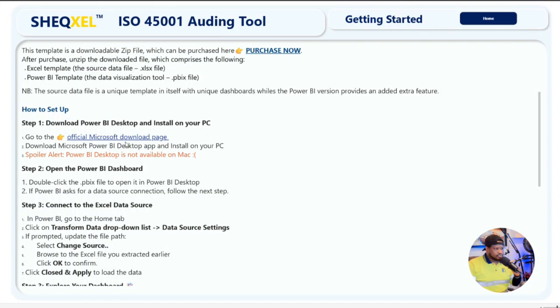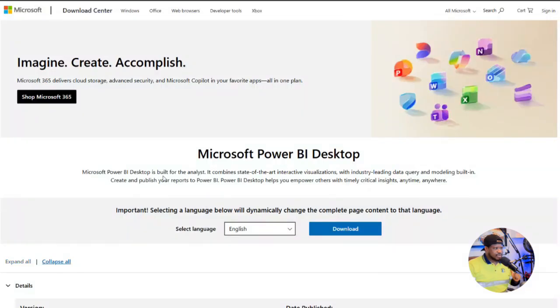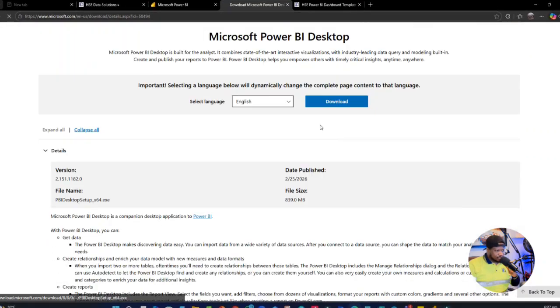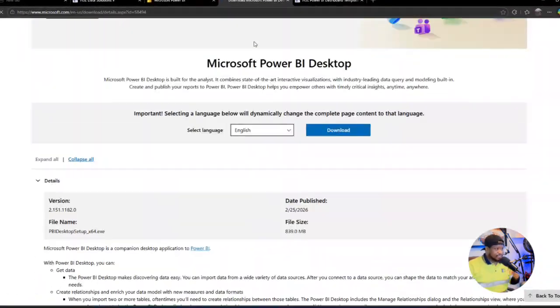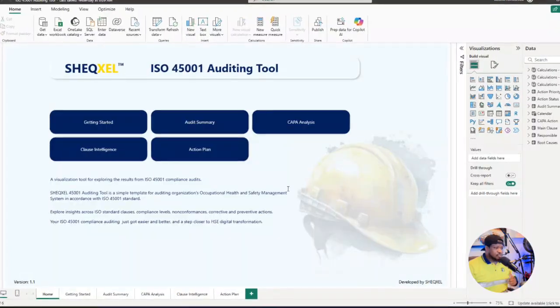All right, you download Power BI from the Microsoft Office downloads page, right? So that's it right here, Microsoft Office download, and you download it. That's the Power BI Desktop right there. Just download it. Once you download, then you have access to Power BI Desktop, and that is how you can